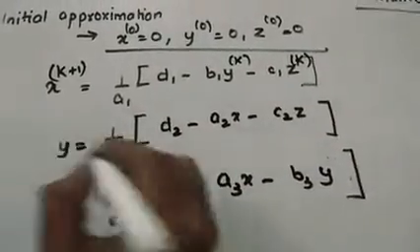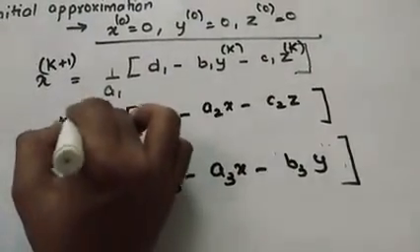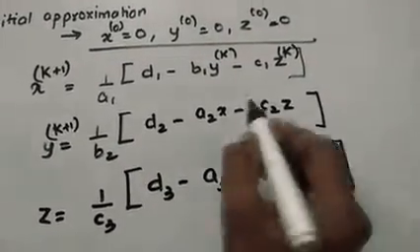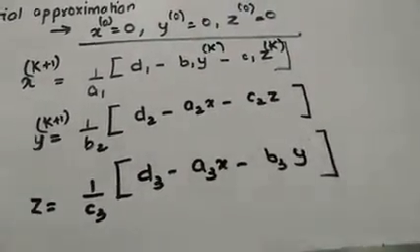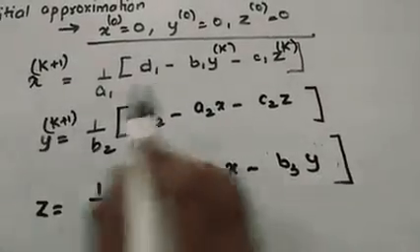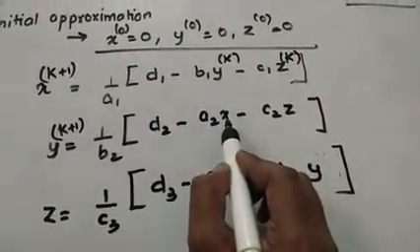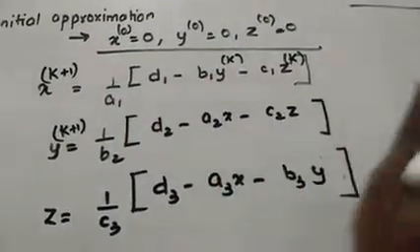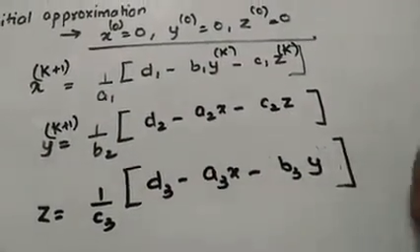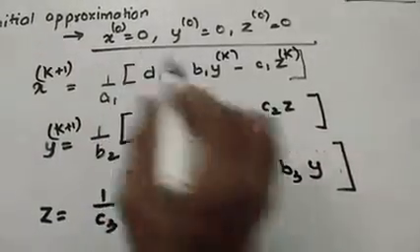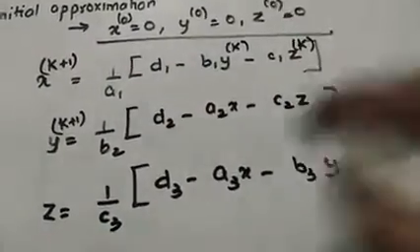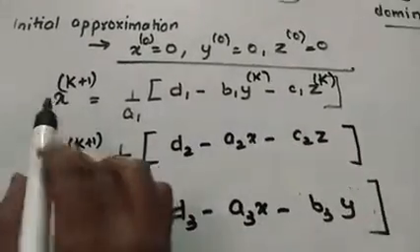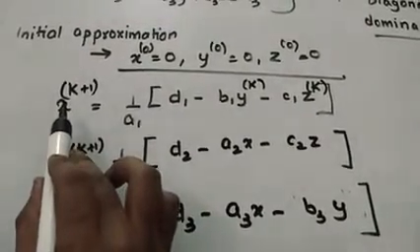Now when we have to find y, we will give it as the k plus 1th step iteration. Remember one thing very carefully while finding y. In Gauss-Jacobi, we directly put x0 equals 0 in the first iteration step, and z0 we put 0. But here in the Gauss-Seidel method, we will put the value of x that we get in this particular step.